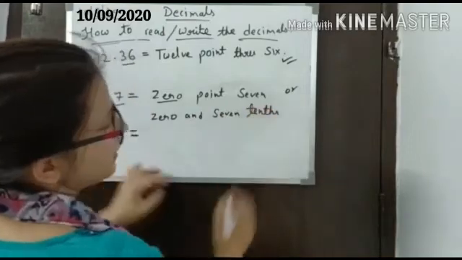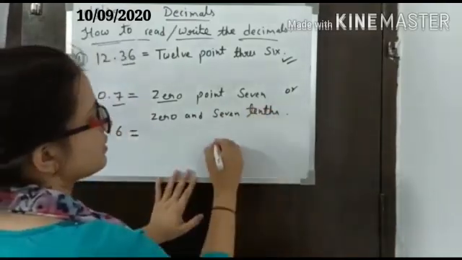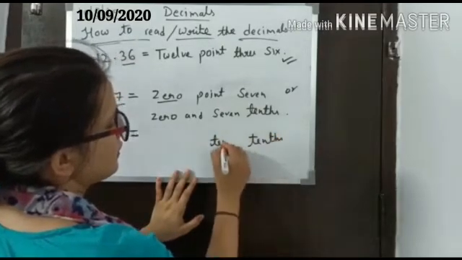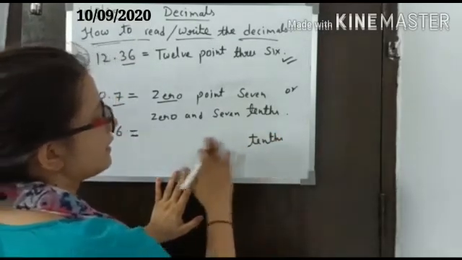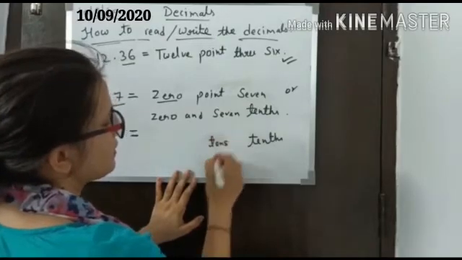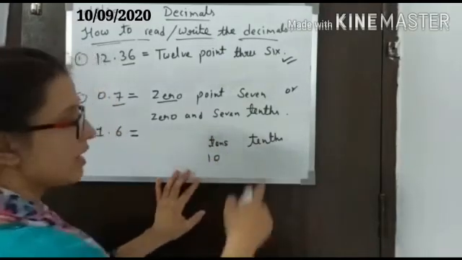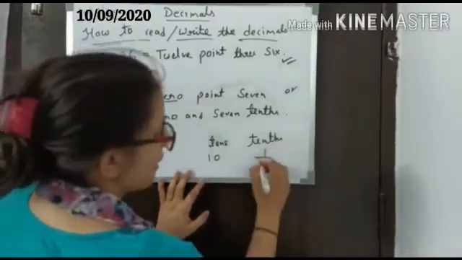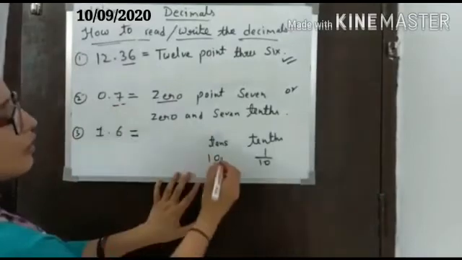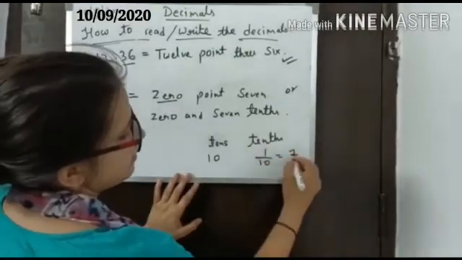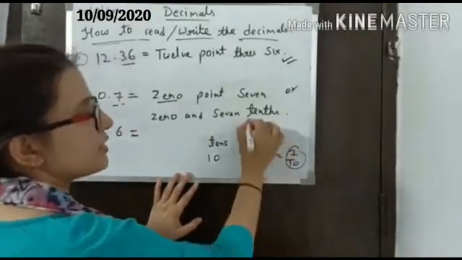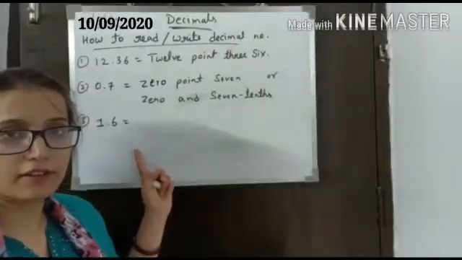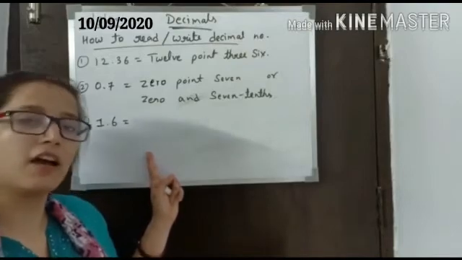tenths. It's tenths. So what is the difference between tenths and 10? T, E, N, T, H, S. This TENTHS means 1 by 10. We will also write this 7 like this. That's why we are using tenths here. This part you have to solve, and after that you have to write the answer in the comment section.